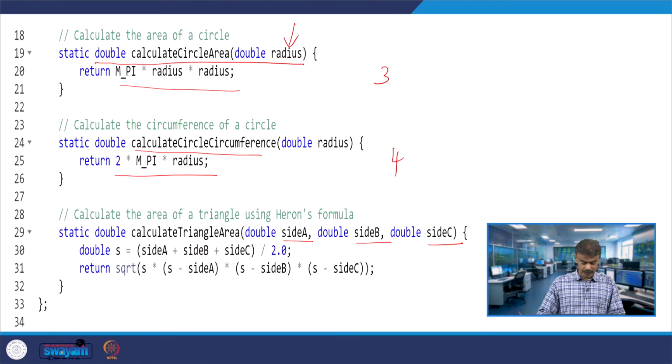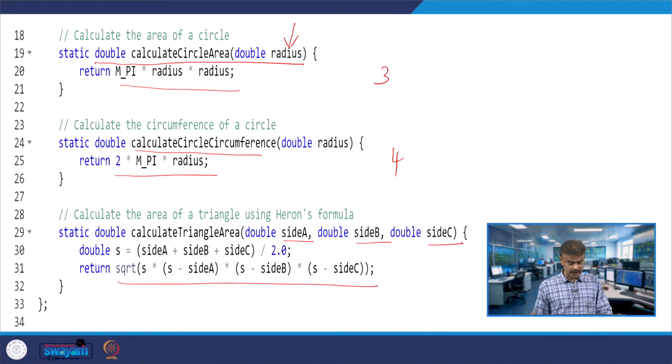So, you are calculating S is side A plus side B plus side C by 2, and then you have the formulation square root of S into S minus side A into S minus side B into S minus side C.